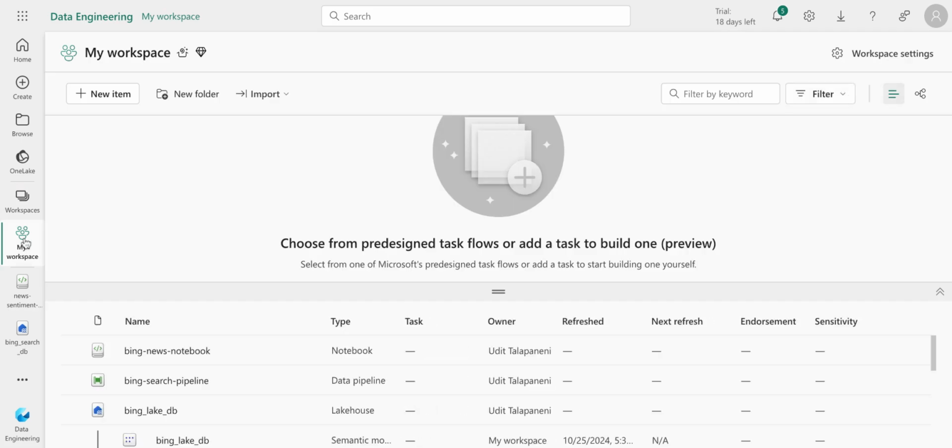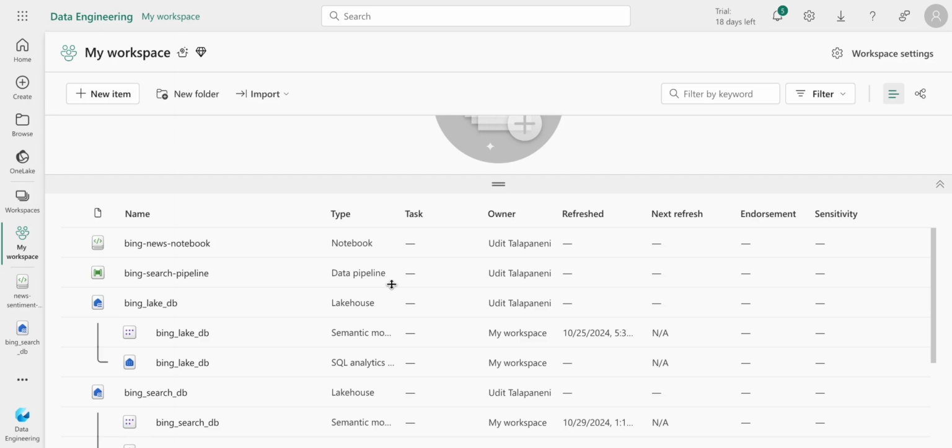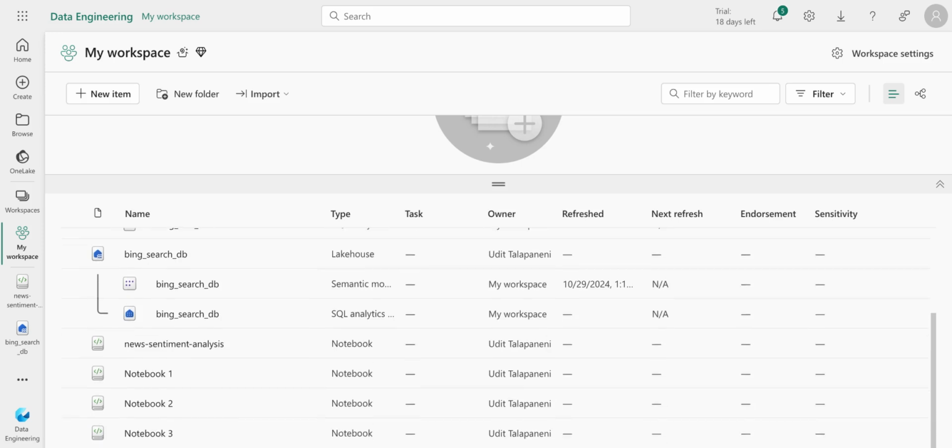So this is how this pane looks, and you will have your own workspace. I can click on this one. In your own workspace, you can do your notebooks. You can create your pipeline. You can create your lakehouse. All these things you can create within your own workspace, and each component here belongs to different